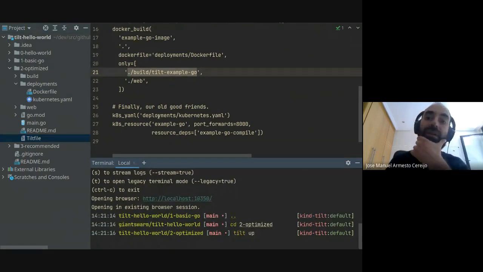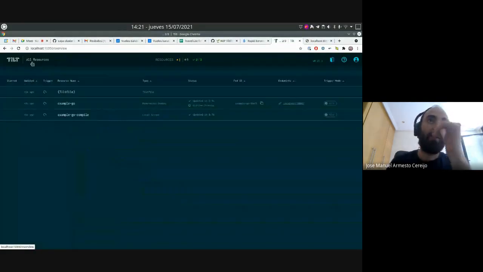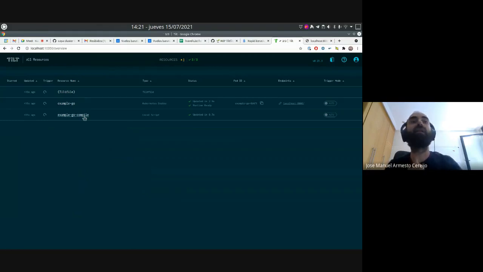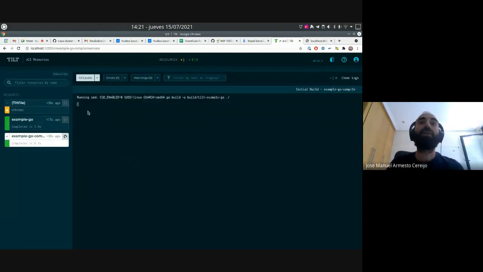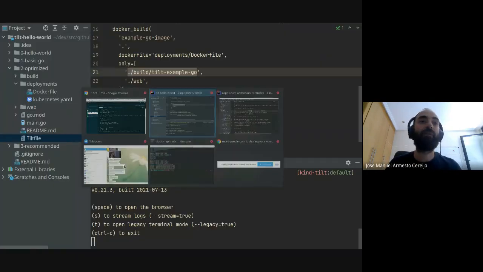Again, we run tilt up, and let's open this again. And now we have, instead of 2 resources, we have 3. We have the compilation, we have the Docker image and the Kubernetes deployment, and the tilt file. So if we go to the compilation, it runs the compilation command. And here we have the same as before, which is building the Docker image and deploying the application on Kubernetes. So the same as before, if we come here